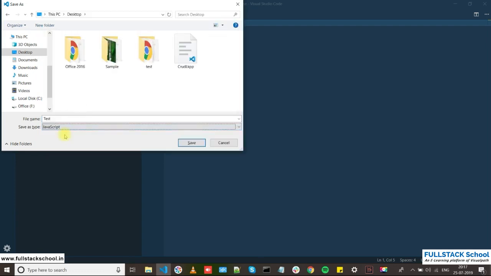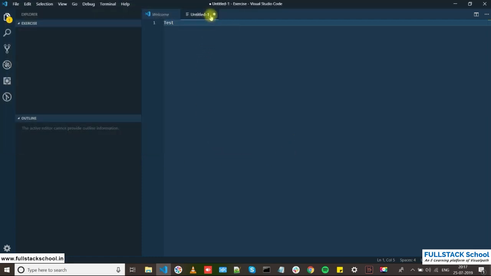Okay, so now you would have noticed once you save this, you would have got a .js file. And once you open it in VS Code, it should be showing test. So thus we have created our first JS file.